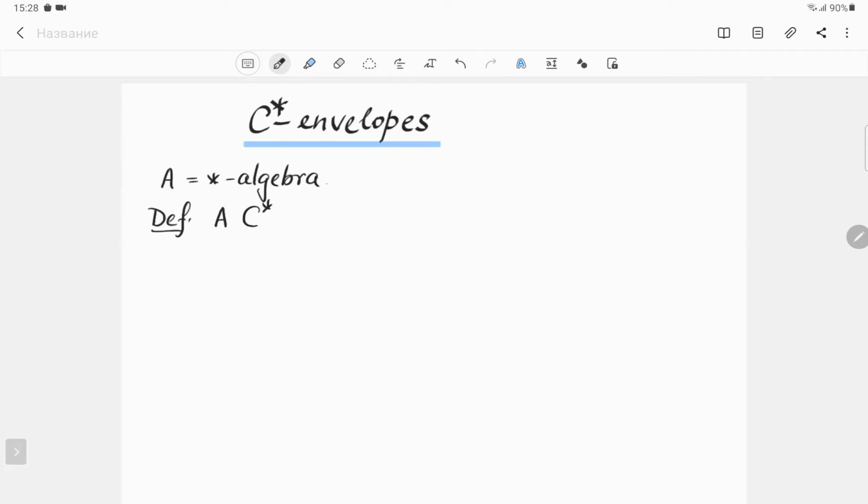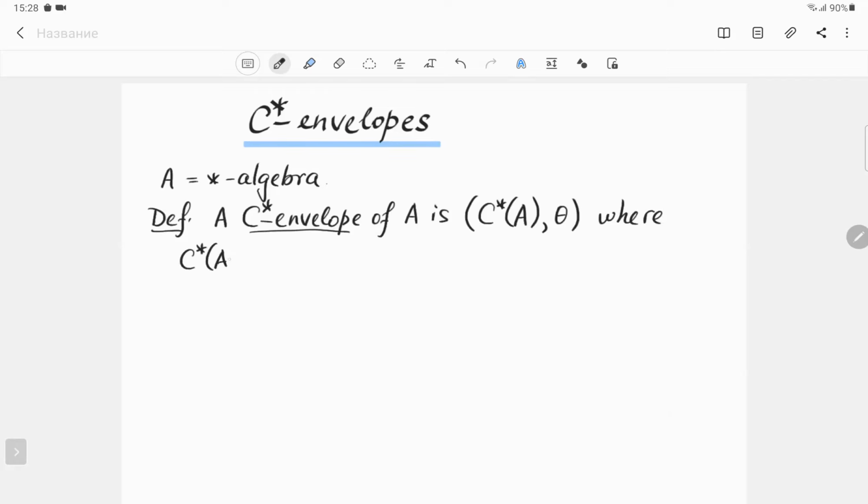A C-star envelope of A is a pair consisting of a C-star algebra C-star of A, and theta, which is a star homomorphism from A to C-star of A,